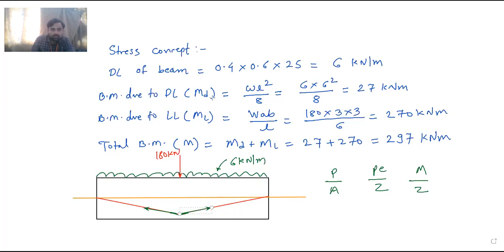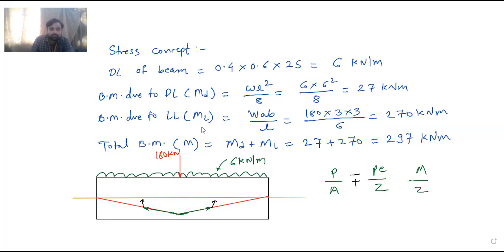Now if I rotate that force about this axis, it will rotate like this and try to uplift your neutral axis. If it tries to uplift the neutral axis, then the shape will be a hogging shape. Hogging means at top it is tension, at bottom it is compression. So it is minus plus PE by Z. The question of PE by Z is solved now. Now we are thinking about M by Z.